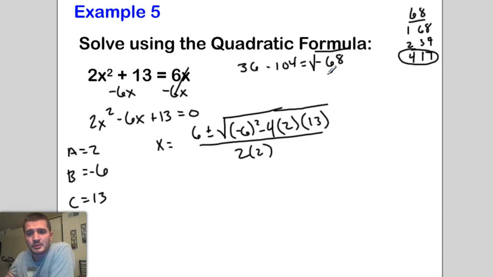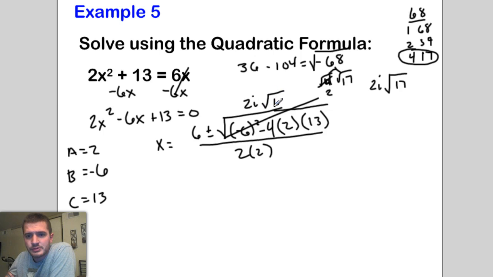But again, I'm going to have to make it i on the outside. So this is going to be square root of 4, square root of 17. Square root of 4 is 2. So this will be equal to 2i times the square root of 17. So all this will break down into 2i times the square root of 17. So let me rewrite it. So it'll be x equals 6 plus or minus 2i times the square root of 17 over 2 times 2,